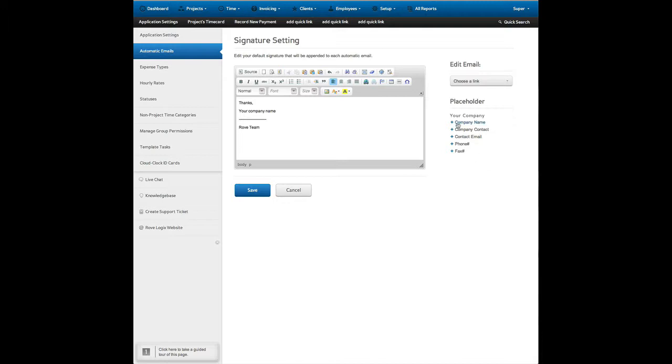By adding or clicking on a placeholder, it will simply fill in the details automatically. So for example, we can add the company contact. By adding the company contact, that company contact name will now show here. Maybe we would like to add a phone number. This makes it so anytime this information is updated in application settings, it will also automatically be updated here within